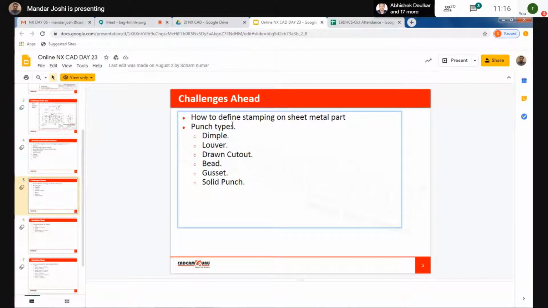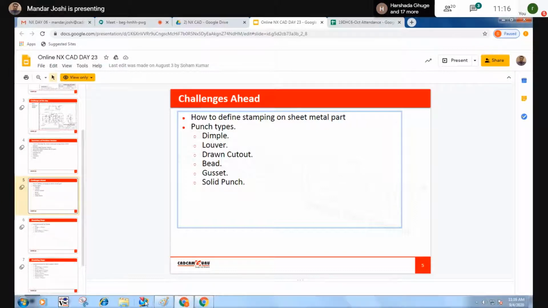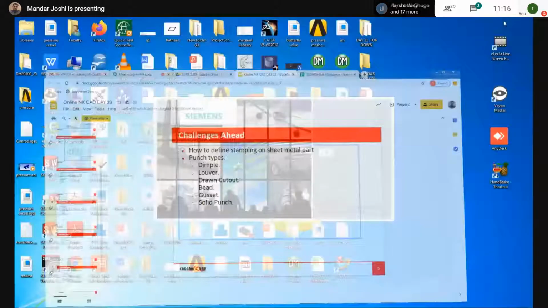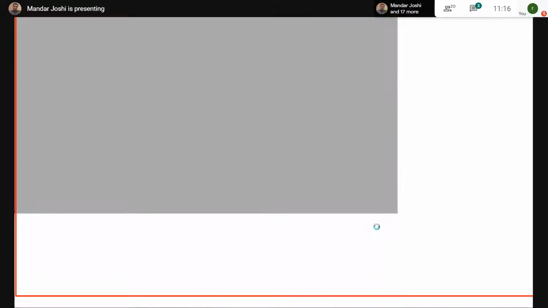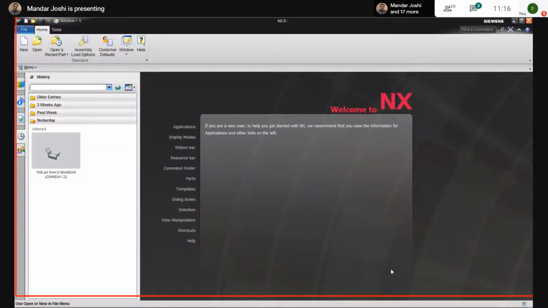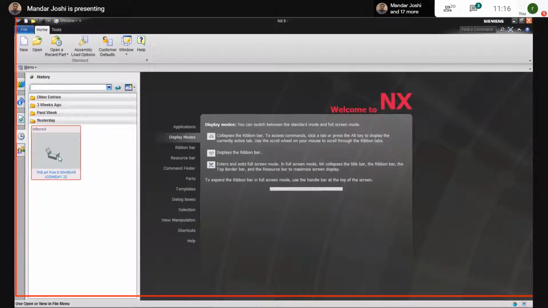Circular draw or rectangular shape of draw or any ellipse, any other profile shapes you can create through a dimple. I'll open yesterday's product.